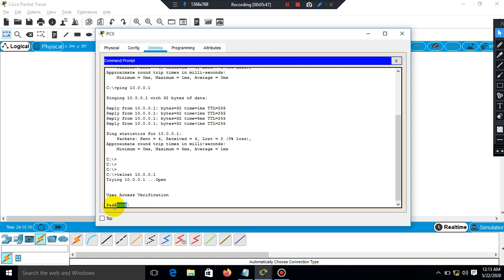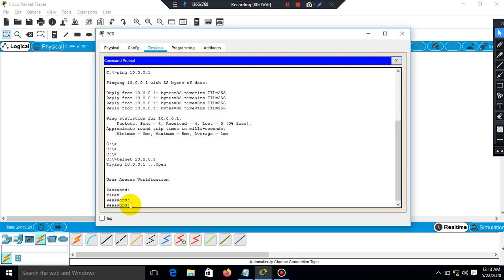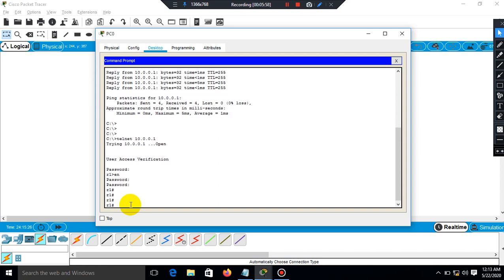It is asking for the password, so I enter the configured password cisco, then enable, and the enable password is cisco. You can see we are in router R1 now. I am accessing my router from this PC, so I have taken remote access of this router from this device.